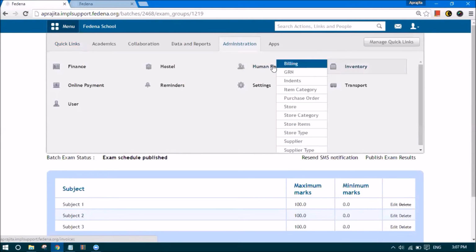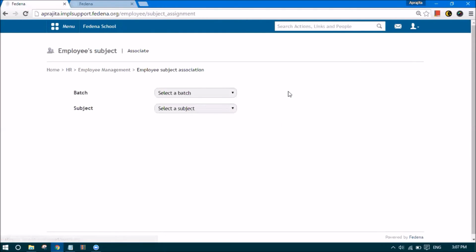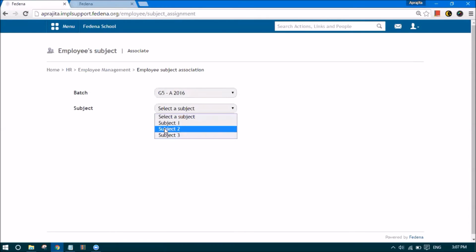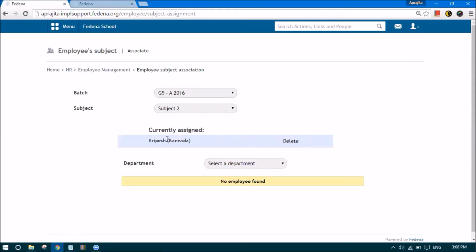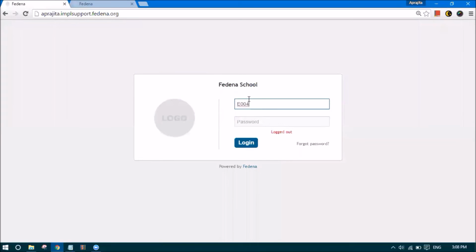So to check who is the teacher, we can either go to the report section and check by using employee subject details, or we can go to employee subject association, select the subject and check the teacher. So here I will log in as this teacher. Before that, let me check the employee ID of this teacher. That would be E004. So we log in as this teacher now to see how this teacher can enter the